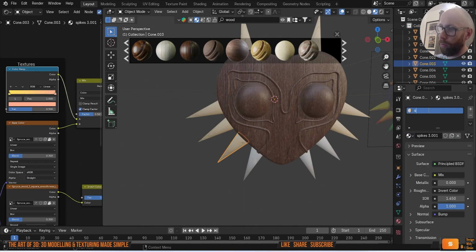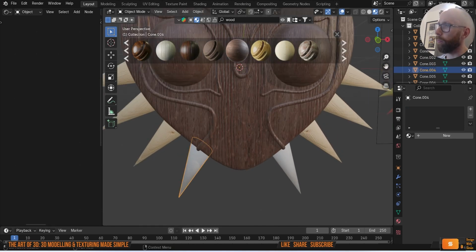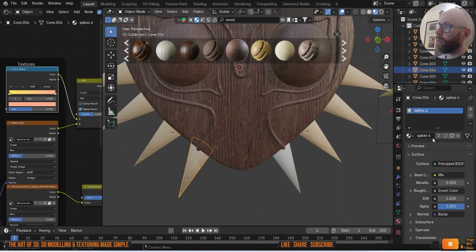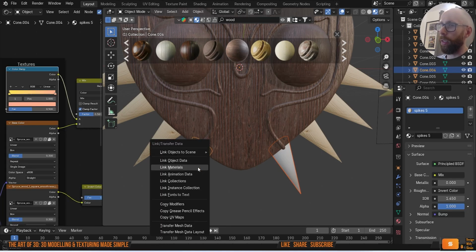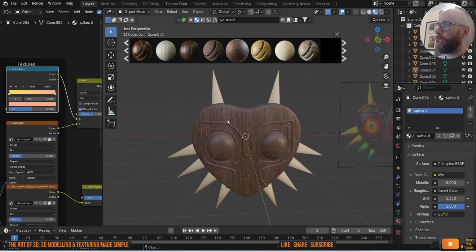Call that spikes 4. Link those. And then last one, spikes 5. And link those. So let's just check they're all as we want. So we want these to be spikes